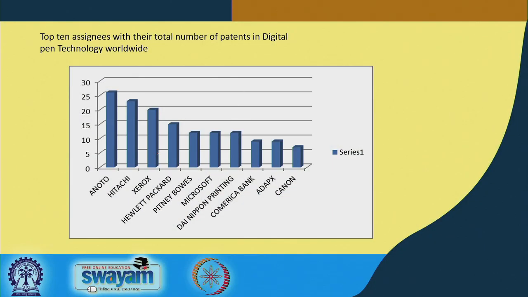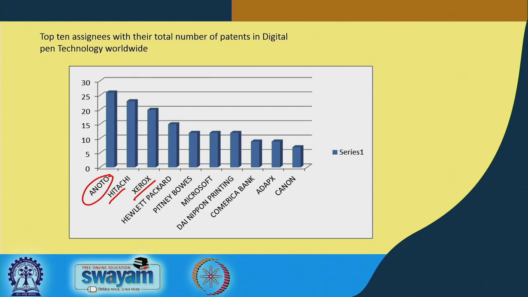One of the important things that we need to look at is from the analysis of what we call major assignee portfolio analysis. So, let us understand how to go about with that from the basic landscape search. What you see on this illustration is the analysis of the data set in relation to the assignee. Here you see that the major assignee is Anoto, which has the top filings in that particular area, and then closely followed by Hitachi and Xerox.